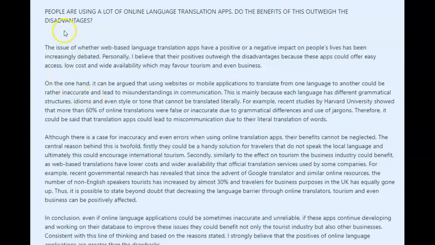You didn't talk about disadvantages. You really only talked about one disadvantage. Here you did a better job of that. But something like that is not going to get you into one of those top 3 high level scores for task achievement. Okay, so keep that in mind. I really want you to pay attention to these plurals in the task.